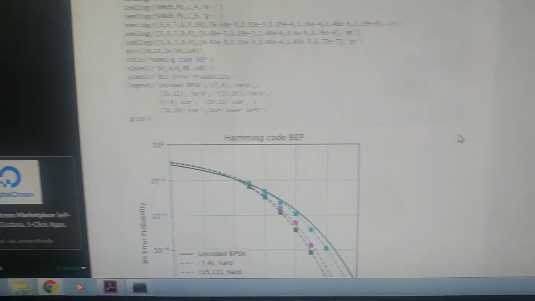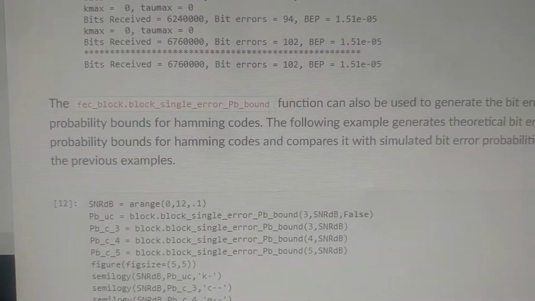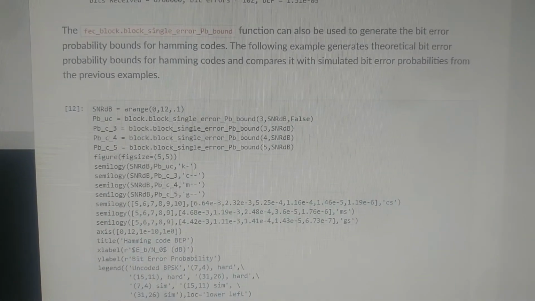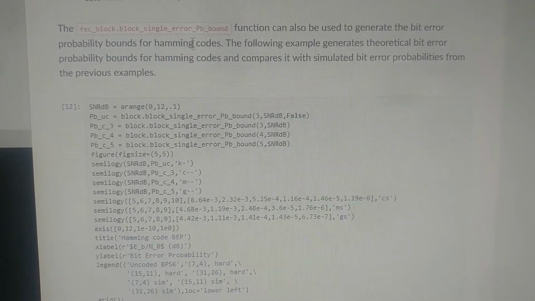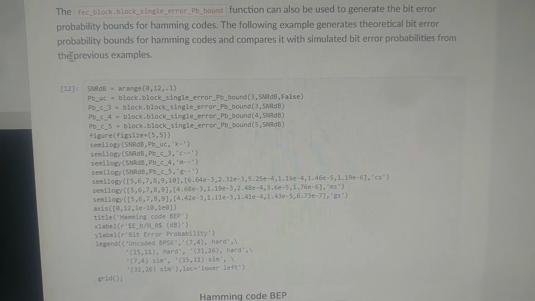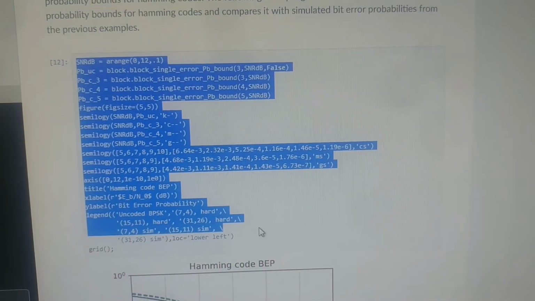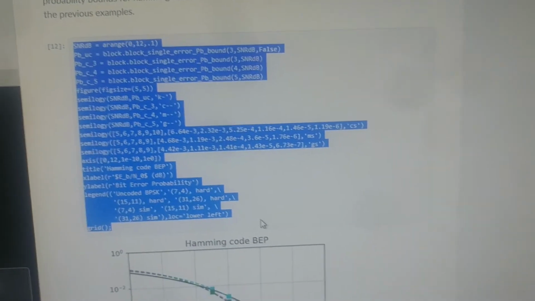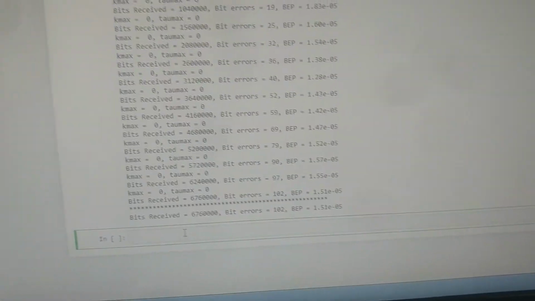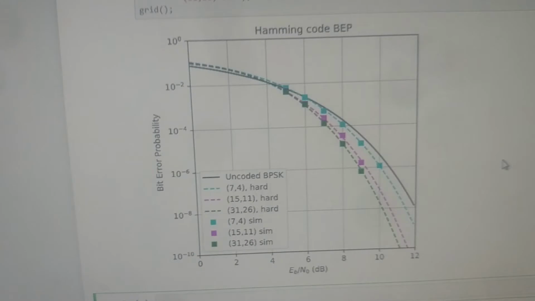Let's move on to the representation. So here we are using the fec_block error probability bound. And we can compare it with the previous example. So here we copy-paste the code, paste it on Jupyter, then run. As we can see,